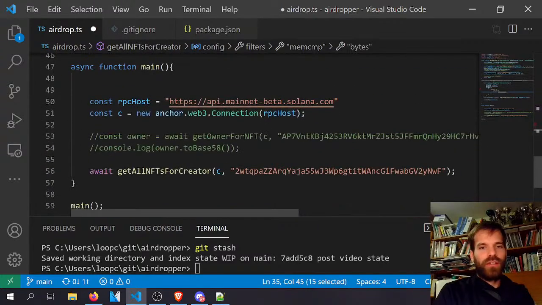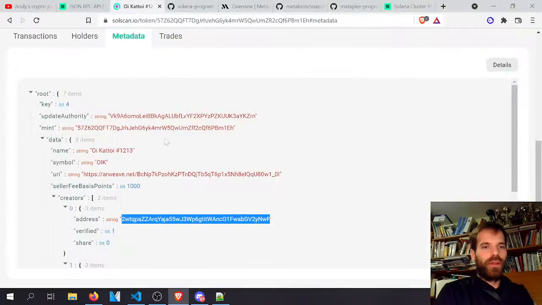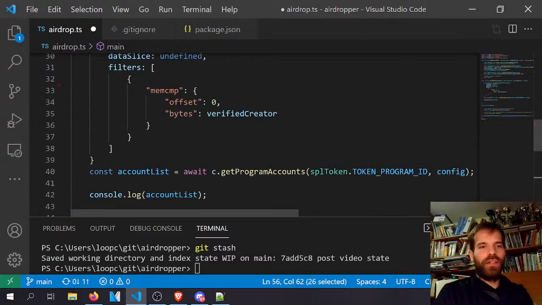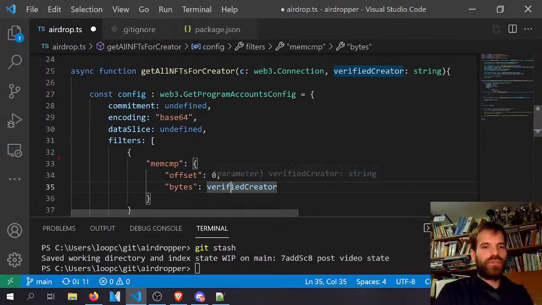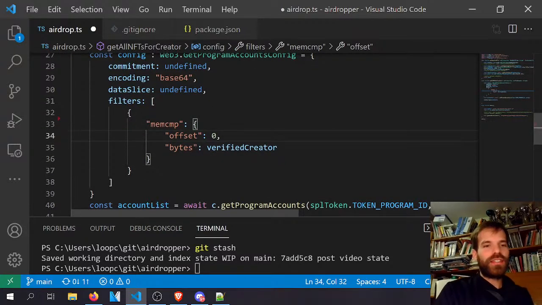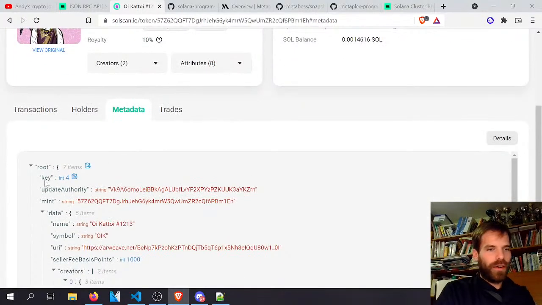That's essentially, you know, we just copied the 2WT that we got from our creator, the verified creator here. We just copied that in here. And that's literally just this string, base 58 encoded, that we put in here. Now the offset cannot be 0, or I mean it can, but at 0 we get the key. Now maybe we should have a look at how Metaplex stores its accounts,